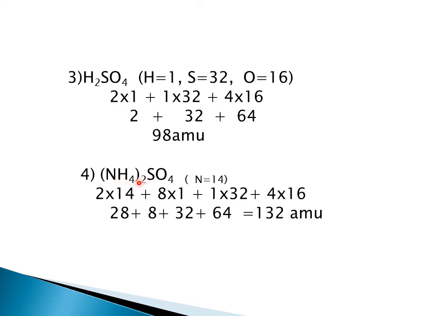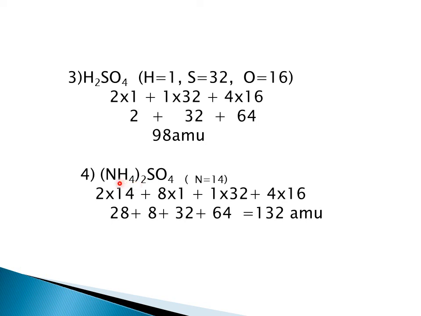Here you can see (NH4)2. What do you mean by this? If it is written as (NH4)2, it means that you should multiply the number outside the bracket with the number inside. So here we have N1, nitrogen 1 atom, hydrogen 4 atoms. So (NH4)2 means you have to multiply with this 2. Therefore 2 into 1 atom of nitrogen, 2 atoms only. Therefore, we write 2 into the atomic mass of nitrogen 14.